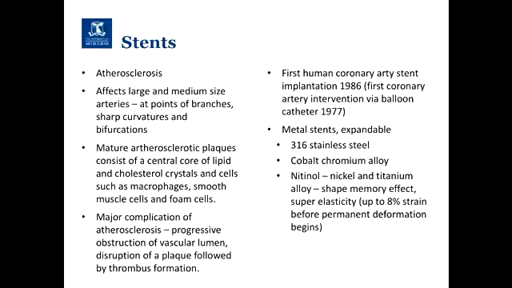So a lot of the first ones were made of stainless steel, and I've put in there 316 stainless steel. That is a common type of stainless steel that is used in medical applications because of the properties that it has. A lot of it you will see that is the type. Cobalt chromium alloy, and a lot of them these days, not all of them. Have you heard of nitinol before? So nitinol is a nickel titanium alloy. That's where they get the name nitinol from. So I was looking through the different properties of nitinol, and these were the ones that were highlighted. So think about these as we go through some of the other bits and we watch the video.